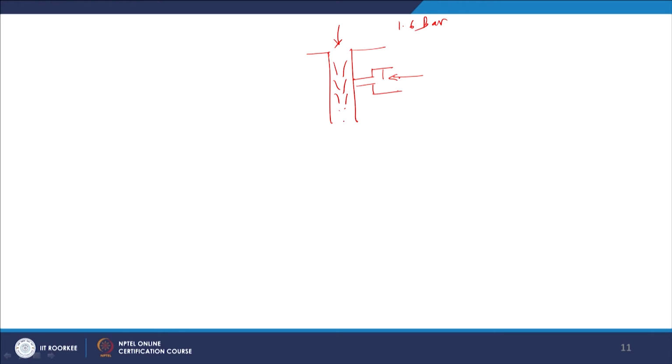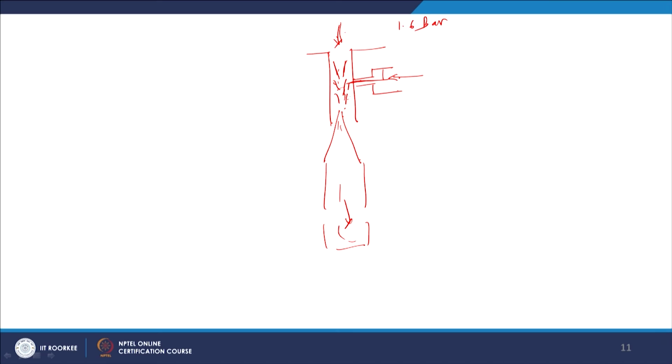There is an ejector system, and after that there is a diverging part, and after the diverging part there is a collection of fluid. So the water enters from this side with a very high velocity. The number of nozzles provided further increase the velocity of water. The steam enters through the ejection system and gets mixed with the water. Subsequently the latent heat of the steam is transferred to the water, which increases the sensible heat of the water. Both of them get mixed and are condensed in a pan. Okay, this is the steam ejector system.